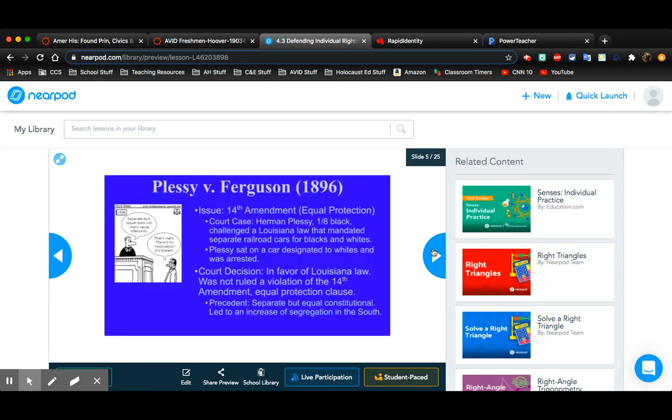All right, next, Plessy versus Ferguson. If you were going to say besides Brown v. Board, besides Dred Scott v. Sandford, what might be the most immoral Supreme Court ruling ever, you could say Plessy v. Ferguson. For that, the issue at hand here was equal protection under the 14th Amendment, which, remember, granted all former slaves citizenship and also established birthright citizenship as well. So there was a black man named Plessy, Herman Plessy, who really was not even fully black. He was 1/8 black. Not that that should matter, but it's just interesting. He sat in a rail car in the South designated for whites only, and he was arrested and he sued. And the court said, the state of Louisiana is right. This is not a violation of the Equal Protection Clause of the 14th Amendment,